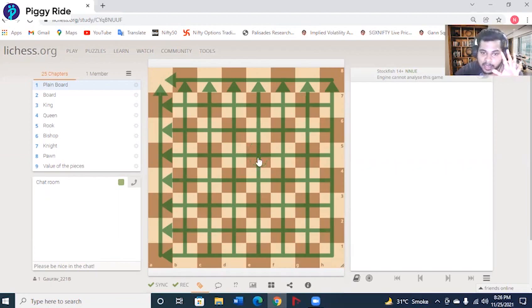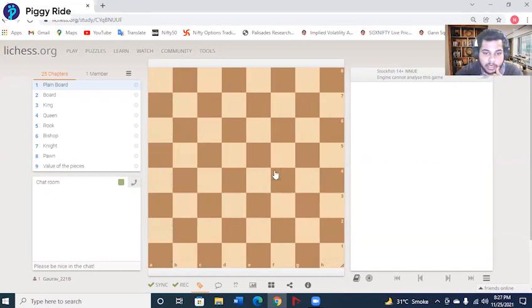You have to imagine this grid everywhere, and that is how you mention the block. This similarly is A1 because it lies in the A file and is on the first rank. So this is A1, A2, A3, A4, A5, A6, A7, A8. Similarly for all of the files, I'll do it without the grid so it'll be easier to understand. This is B1, B2, B3, B4, B5, B6, B7, B8, and similarly till the H file. So this is H1, H2, H3, H4, H5, H6, H7, and H8. So this was all about the files and ranks.